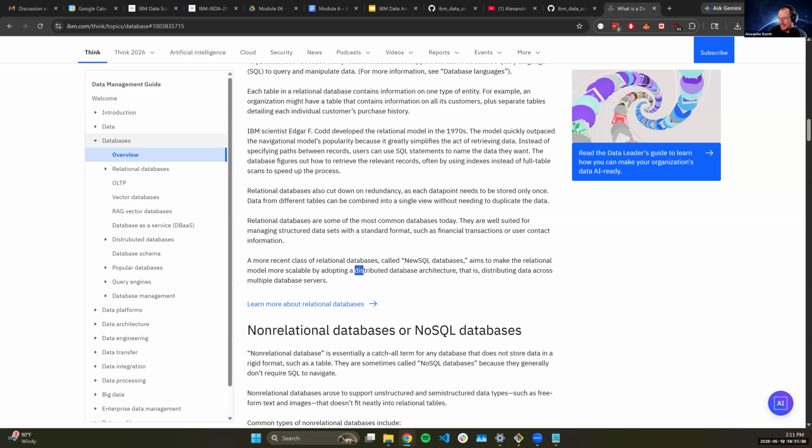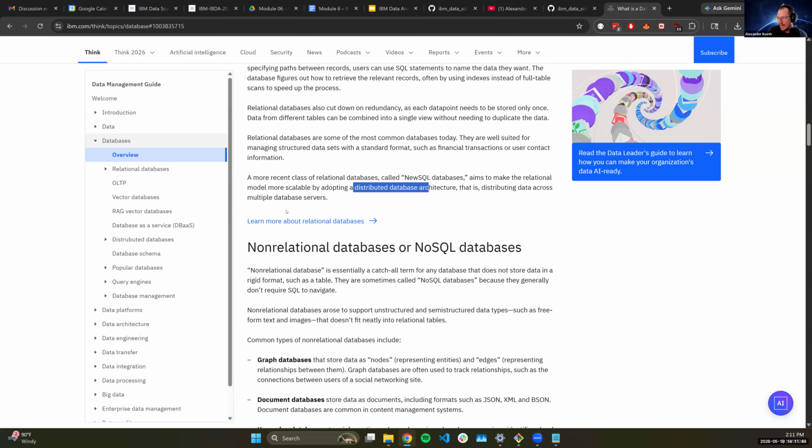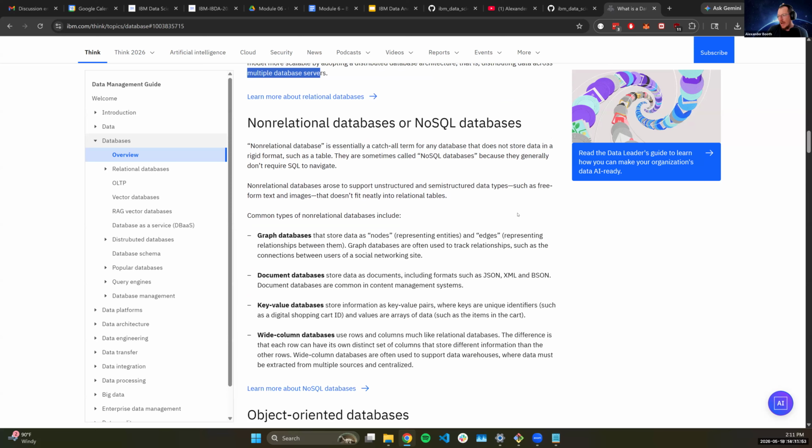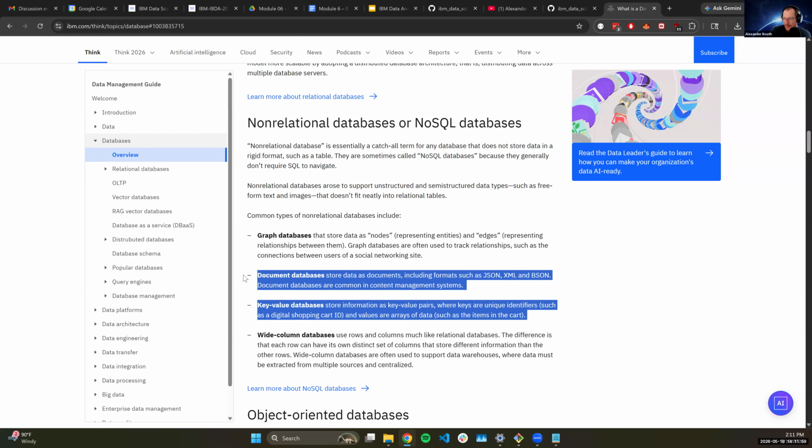And yeah, there's some more ideas around this where NewSQL databases are going to be more adopting a distributed, horizontally scaling architecture, distributing data across multiple computers. We talked a little bit about NoSQL databases. Typically, NoSQL databases I see most common are going to be your document databases or key value databases.